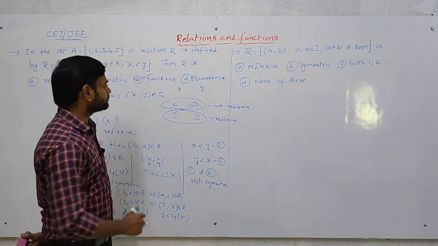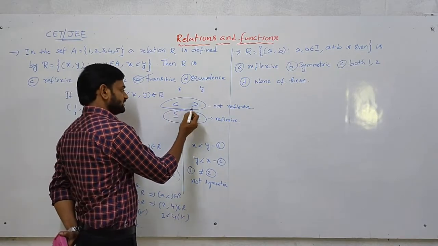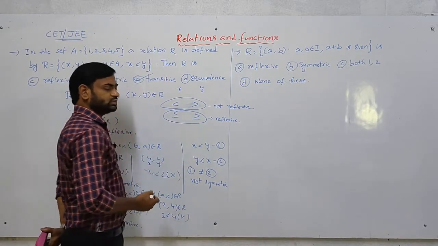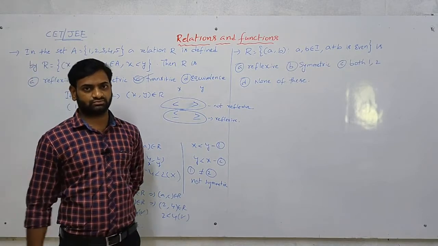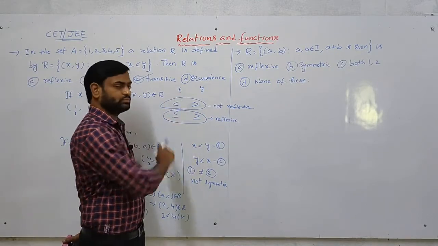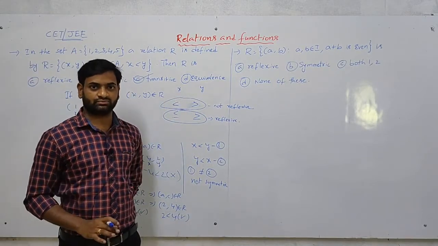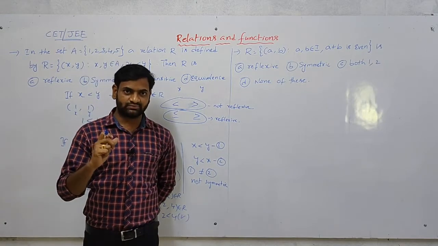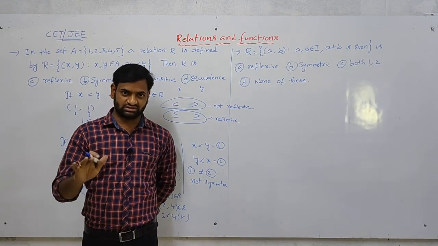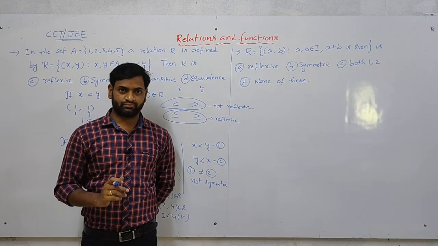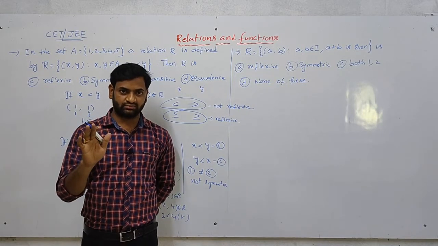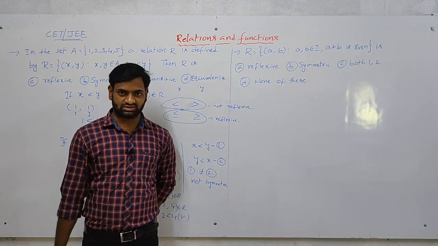Next, less than, greater than, less than equal to, greater than equal to, between x and y, it is always transitive. So what is fixed here? It is not symmetric, that is fixed between x and y. And it is transitive, that is also fixed.